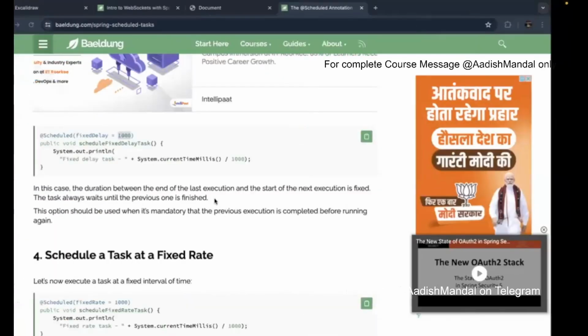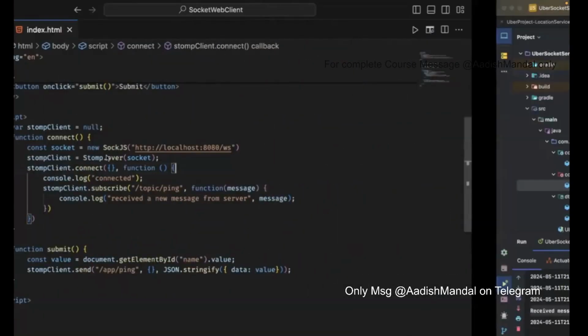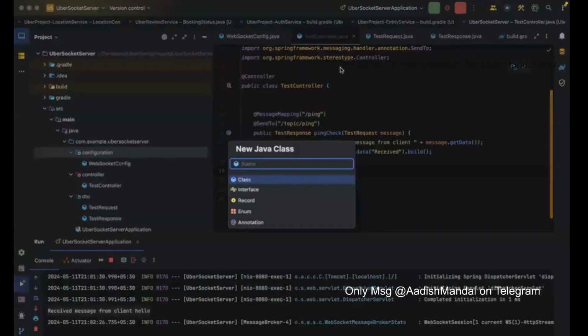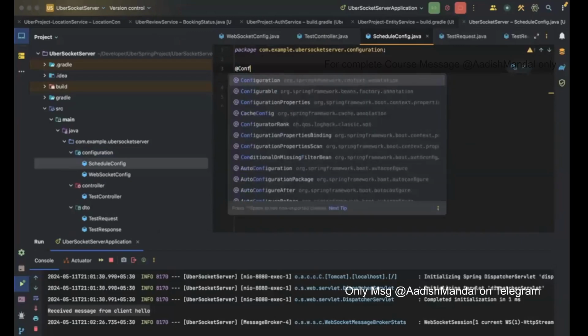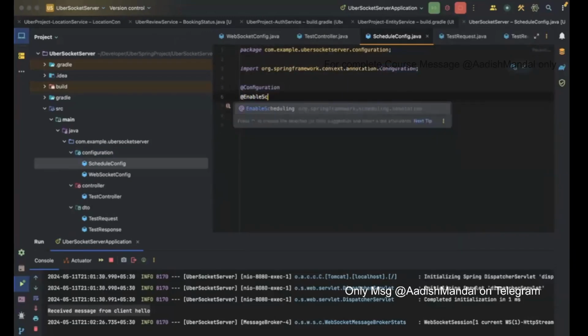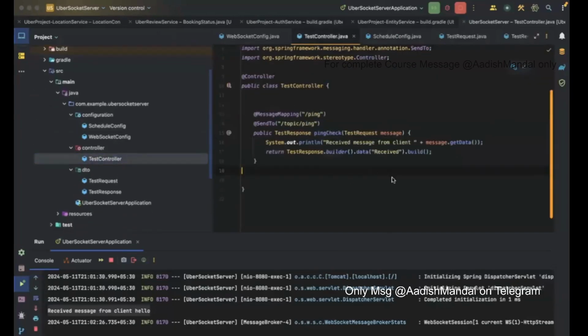First of all, you have to create a configuration class where you can enable scheduling. I'll create a new Java class and call it, let's say, ScheduleConfig. All you have to do is say @Configuration so that Spring knows it's a configuration class, and @EnableScheduling. You can keep this class empty. And now inside your test controller,